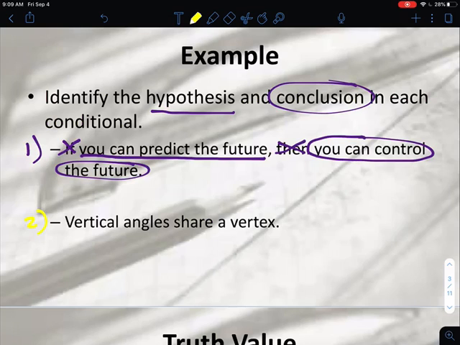For our second example, we look at the statement. It says vertical angles share a vertex. Now, we have a problem. In order to do hypothesis and conclusion, we need an if and we need a then. So when you're given statements in this form, you need to convert them to if-then. So when we do this, there may be times where we have to add a few words to make things make sense. So if I was going to change this into an if-then, I would say if they are vertical angles,